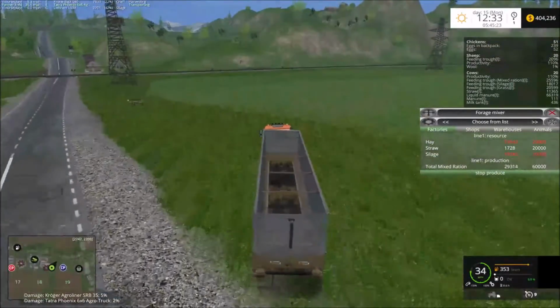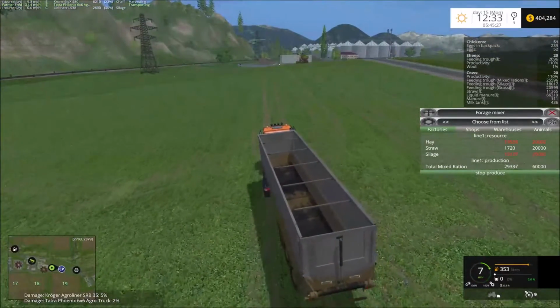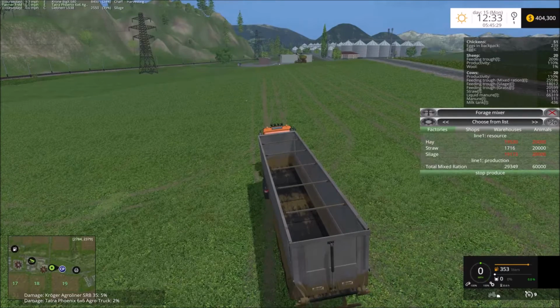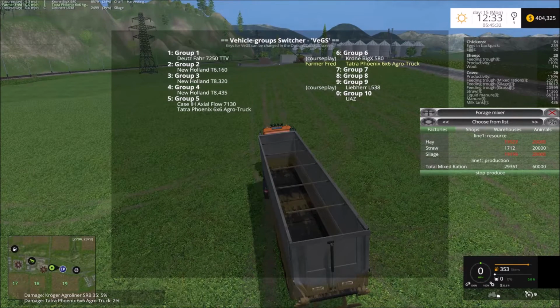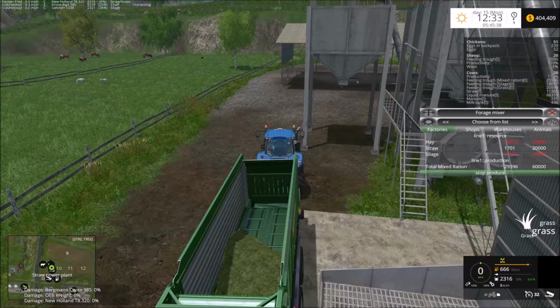So it's produced well more than the cattle are going to eat, that's for sure. There's 20 of them. Okay, might just leave this guy parked here. And what are we doing? We're going to number 3, I think. Yep,